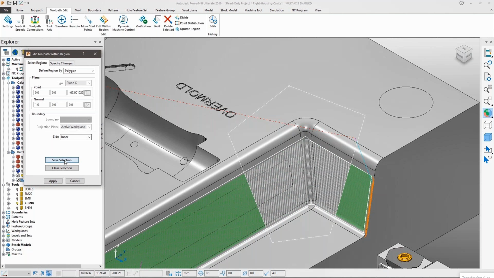You can edit the entire toolpath that has been created, or you can select a particular segment of the toolpath and edit only that segment of the full toolpath.